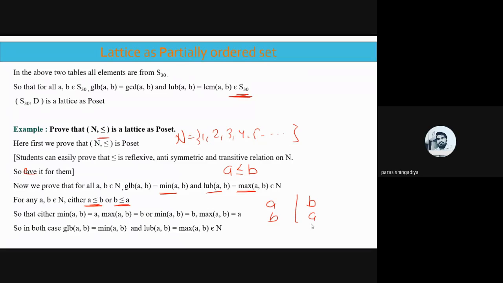It is part of N, और आपको आंसर भी क्या मिल रहा है? It is in form of A and B. What does it mean? We can easily say that GLB of AB is equal to minimum of AB, and LUB of AB is equal to maximum of AB, that always belongs to the N. Clear? It is a part of N only. There is no any number you will derive as a negative value, as a 0, as a 1 by 2, as a 5 by 2, which is a minimum and maximum for the two perfect number. Clear? Positive value, so there is no any question for negative answer.